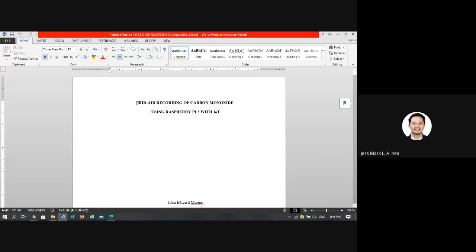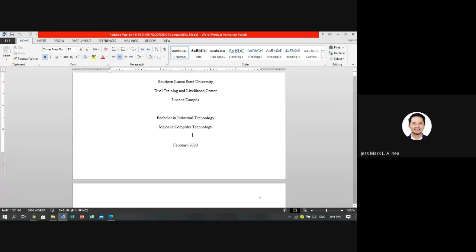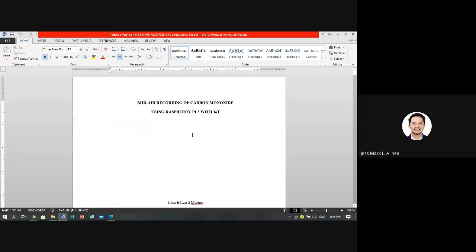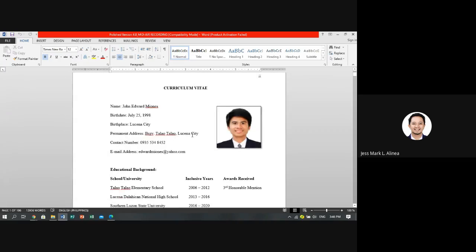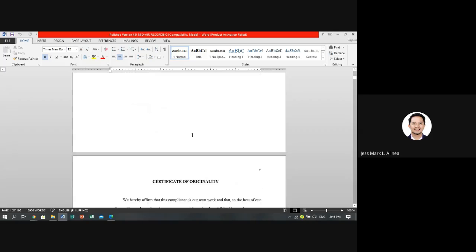So they are using Raspberry Pi 3. That's with IoT technology. So sila ang researcher, ito ang eskwelahan, ito ang kurso. Then, part D po pala ng proposal defense ang preliminary. So, pag-present nyo ng papel, kasama na po ang title page, ang curriculum vitae. Dahil tatlo sila, ay dito ng curriculum vitae.